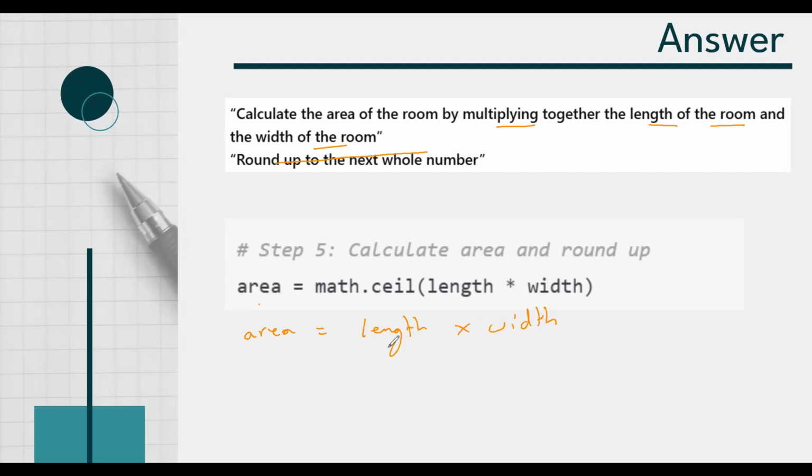So the length is what you actually get as an input from the user, and you already validated that input, that it is between 1.5 and 10 meters with decimal points. And you also validated the input from the user for the width, that it is between 1.5 and 10.0 meters for the width of the room. Okay, so now to find out the price,